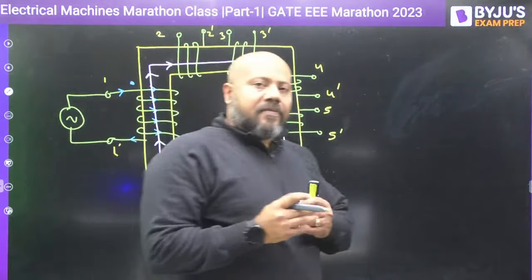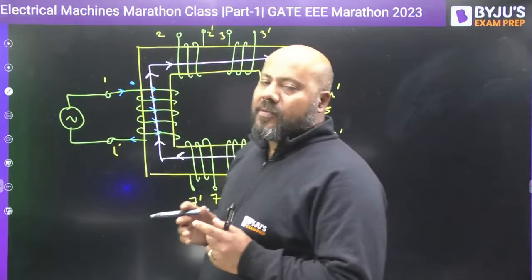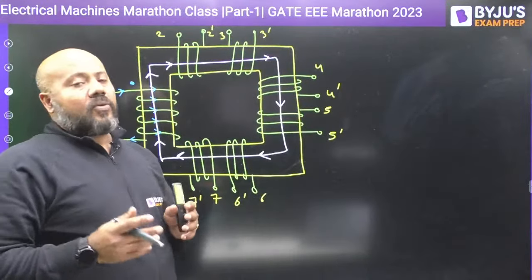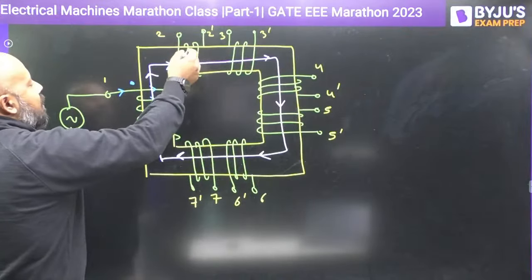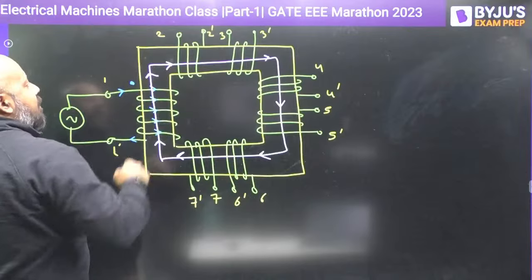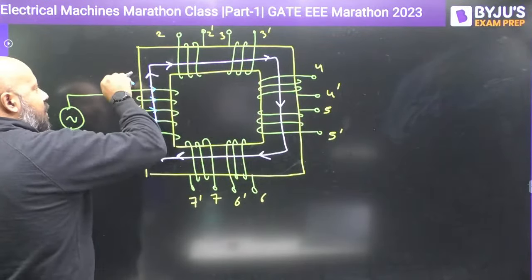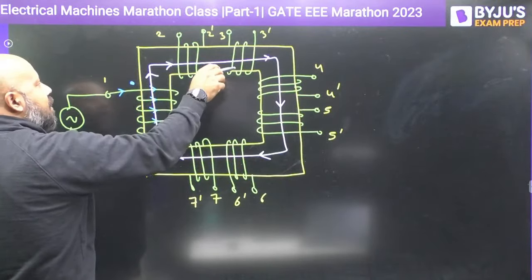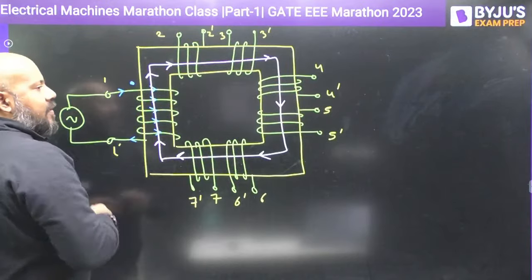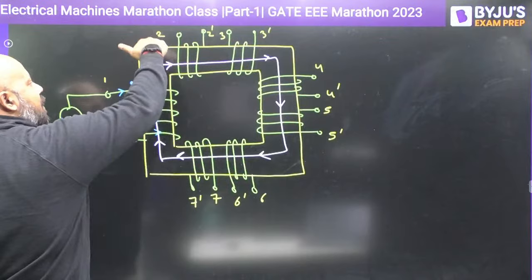Now in all these windings, the current direction is going to be such that it opposes its own cause as per Lenz's law. So if you see this winding 2 dash, it is going to have a current that produces a flux opposite to this flux. The main flux in the core is left to right, so this 2 dash must have a flux which is right to left. Just see the fingers movement direction. The fingers movement direction is